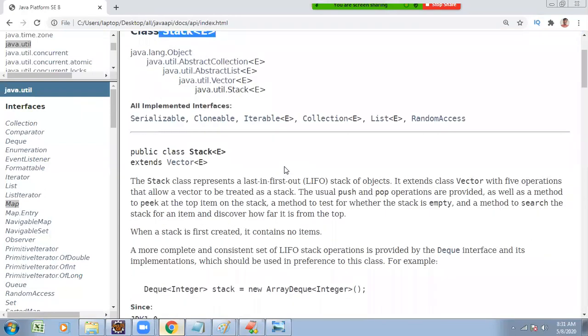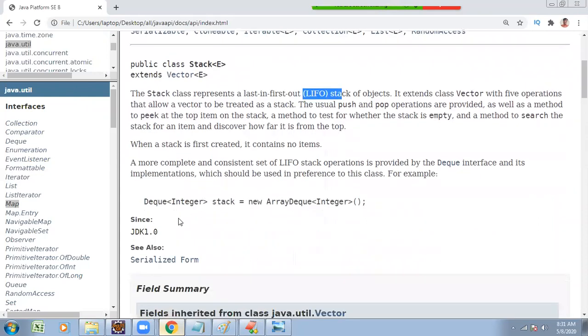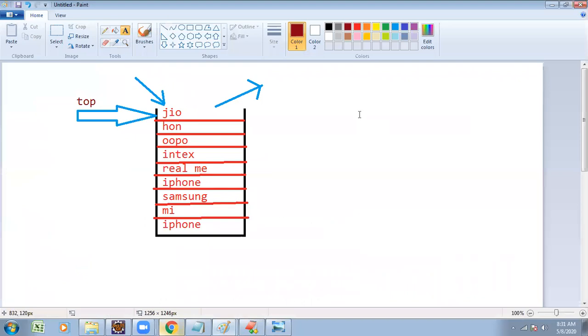Now observe here: the superclass is Vector, multi-level inheritance. It supports the LIFO structure, the last in, first out mechanism. It came into existence with JDK 1.2. Now we want to concentrate on how to create stacks, and how to know the index position of an element. One more very important terminology is for arrays.